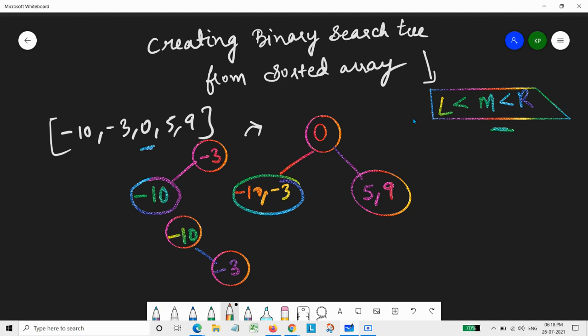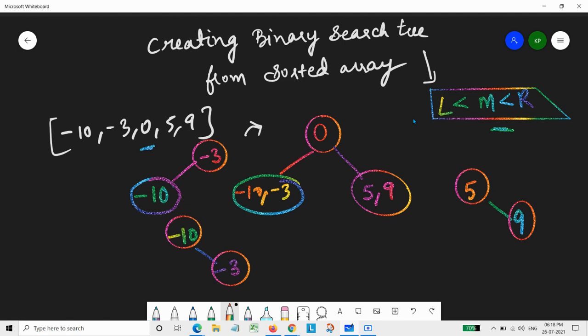And the same goes for the right part: we could do it like this, that 5 is our rightmost and 9 is also our rightmost only. So it will be simply like this, 5 and 9.